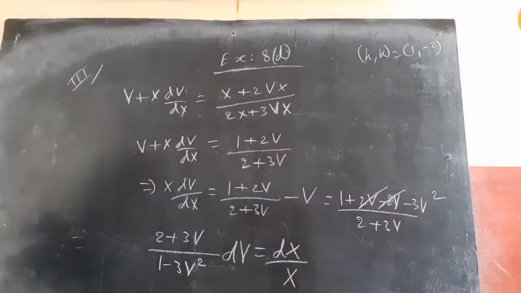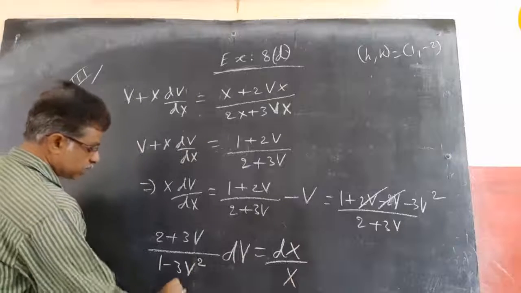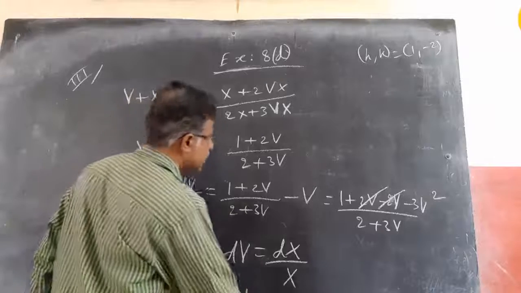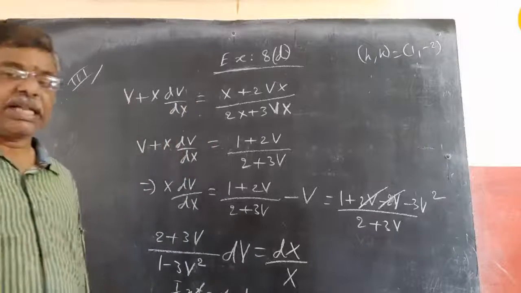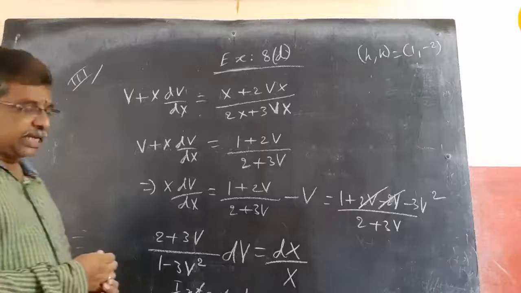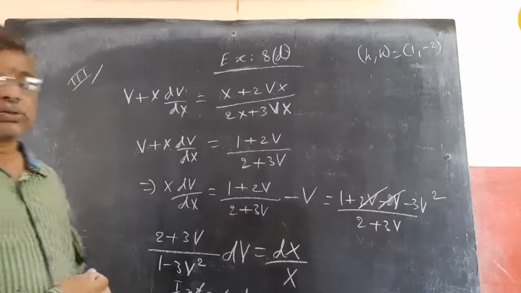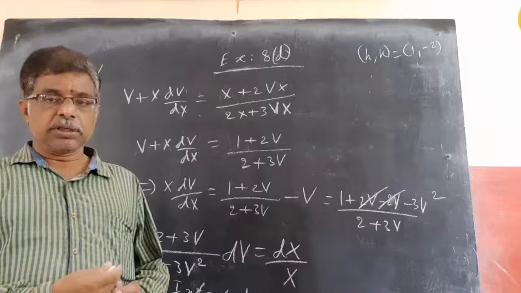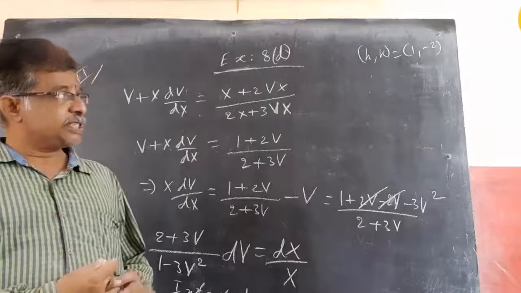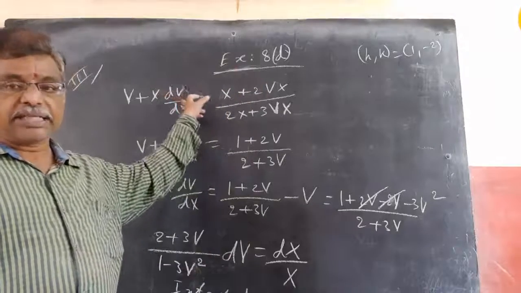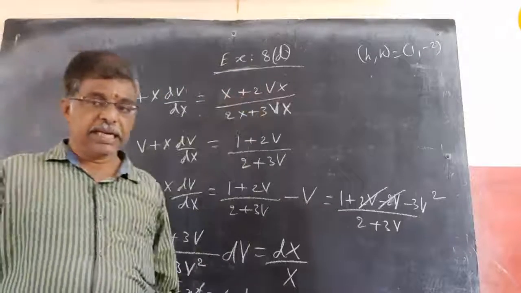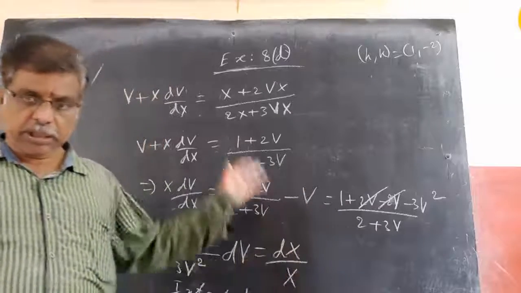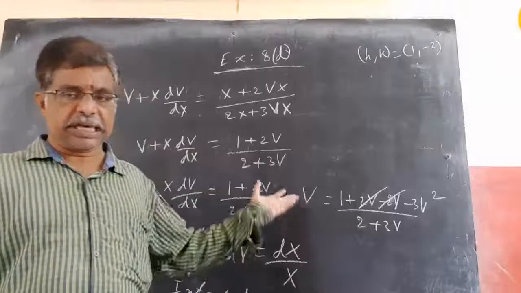Now integrating on both sides. So what I want to say is, when the equation is non-homogeneous of the third case, you need to shift the origin to h comma k so that the equation is converted into homogeneous. So you need to find those h comma k. After substituting those h comma k, the equation becomes homogeneous completely. Then in the homogeneous, you substitute y equal to vx, you know how to solve the homogeneous. So the procedure proceeds the same as for homogeneous.